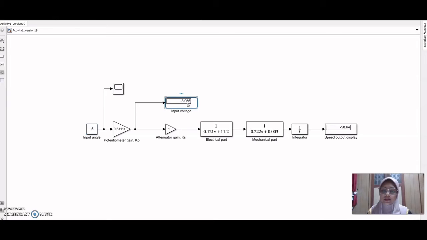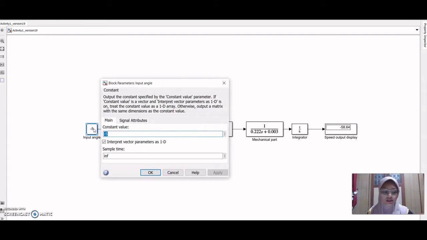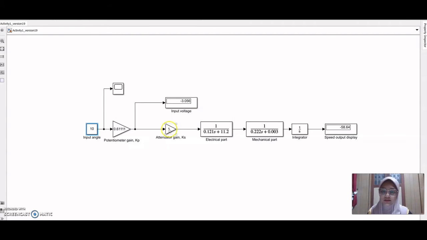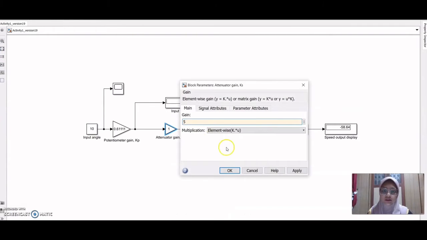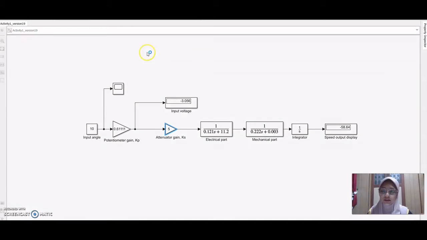So as we can see here, the value for input voltage display is -3.056, and the speed output display is -58.64. Okay, now we can change the input to 10, and the attenuator gain is 5. So run the simulation. So this is the value that appears, which is 6.111 for input voltage, and for speed output it shows